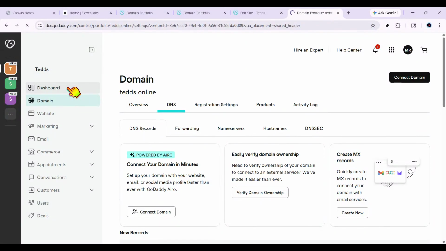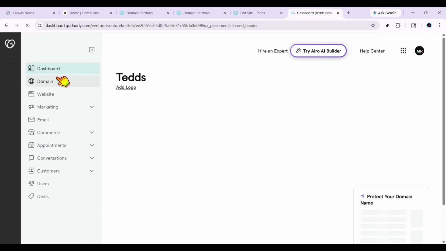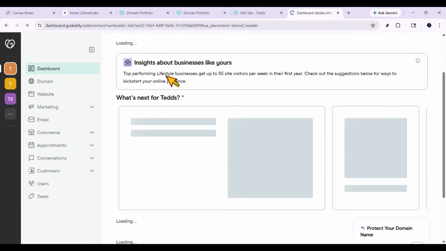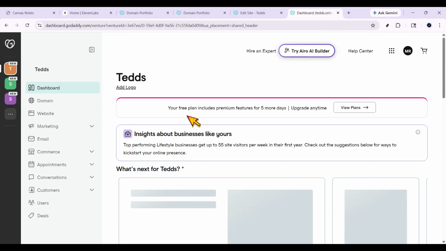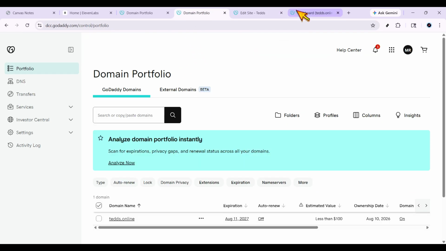If you need to transfer your GoDaddy domain to another registrar, one of the first things you'll need is your EPP Authorization code. In this video, I'll show you exactly how to find it inside your GoDaddy account in just a few simple steps. This is a quick but important process because without that code, you won't be able to